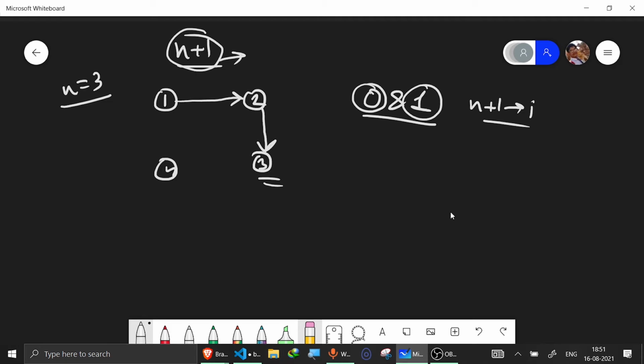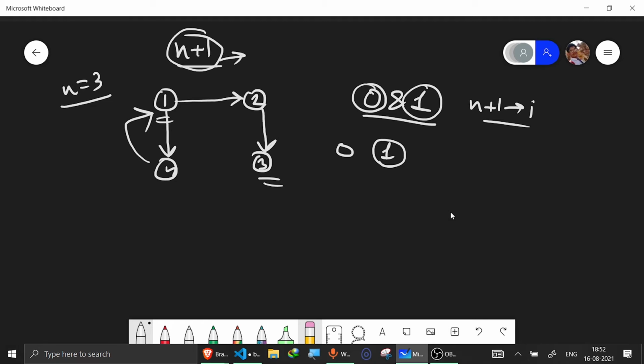So suppose at the 1 position the value is 0, then I would have an edge like 1 to 4, and if I have 1, then I would have an edge like 4 to 1. So now I need to find a path so that I can reach from one node to another node covering all the nodes. If it is possible, print the values, and if not, print -1.